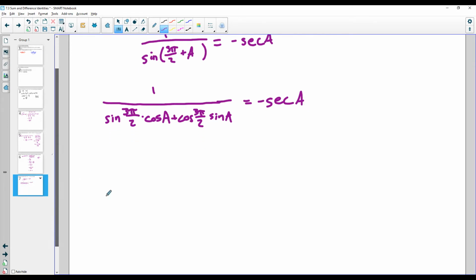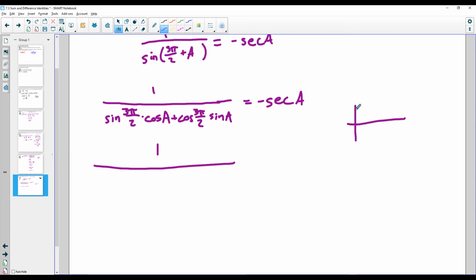Well, now we can do this. We can do sine of 3 pi halves again, thinking of our graphs is what I would do. I'm drawing them so poorly right now. That one might be better. 3 pi halves is going to be here, so that should be negative 1. So we have negative 1 times the cosine of a,